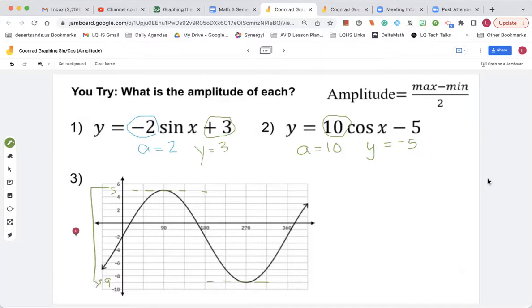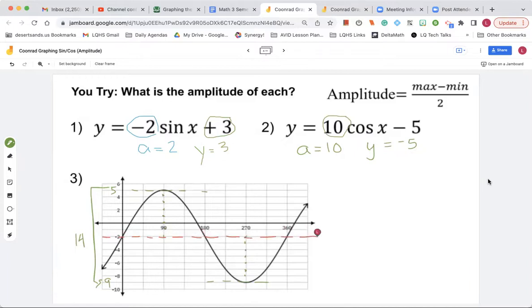14, right? What's halfway between 14? 7. So you have to count down or up. You go 1, 2, 3, 4, 5, 6, 7, or you can count down 1, 2, 3, 4, 5, 6, 7. Regardless, whichever direction you count from, you find out that the midline